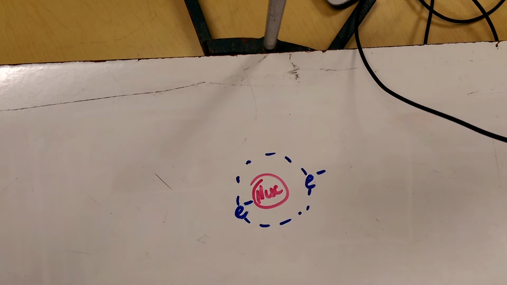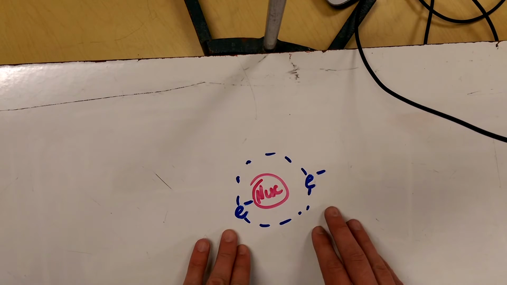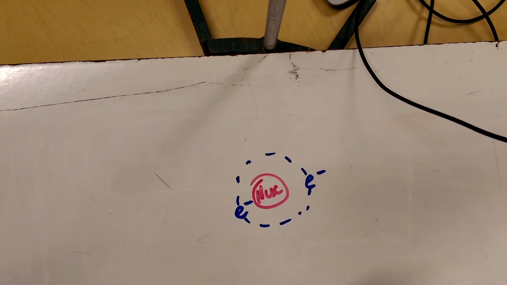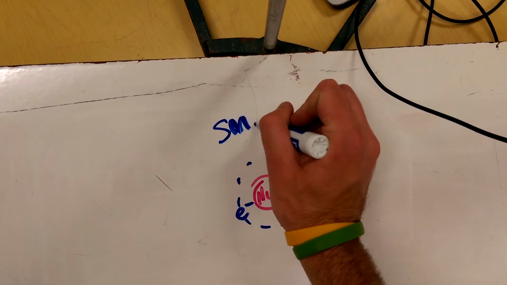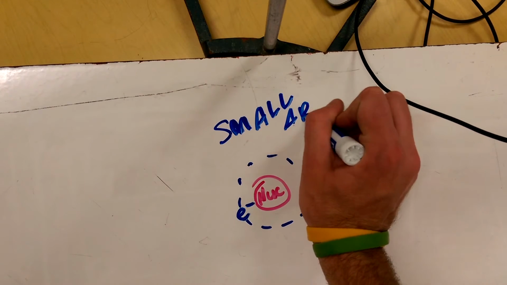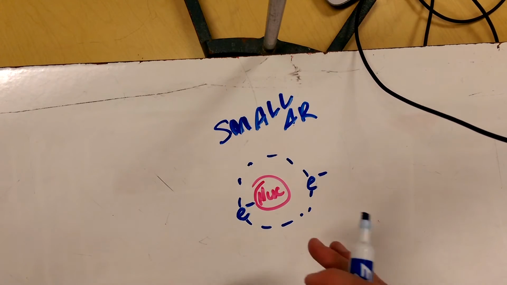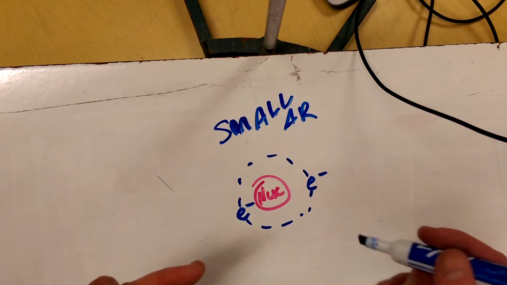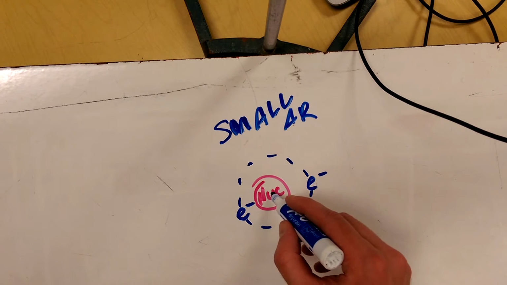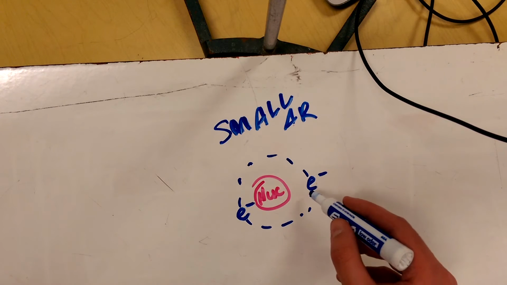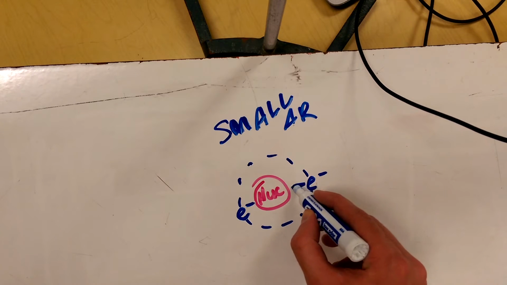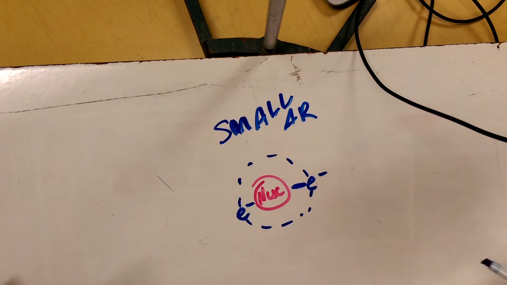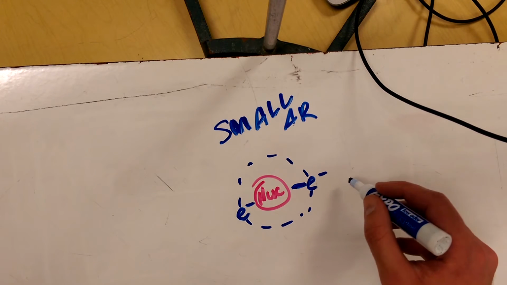So now there's a specific tie-in between the atomic radius and things like ionization energy. So in here we have a really small atomic radius because those electrons are really, really close to our nucleus. Now because they're so close, this positive charge in our nucleus, these protons, have a really strong attraction between these and our electrons. So it's a really strong pull. Because this pull is so strong,